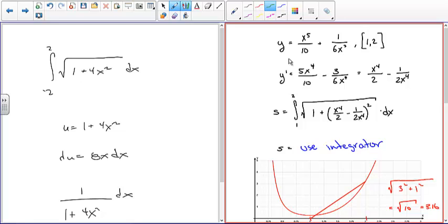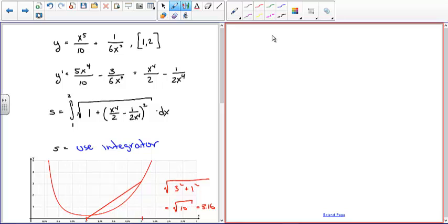Then you can simplify it. 5 over 10 is a half, and 6 over 3 is a half. So that's the derivative. That's the square root of 1 plus f prime of x squared. So the f prime of x is this. And if you do the algebra inside there, let's do that separately. So if I take 1 plus x to the 4th over 2 minus 1 over 2x to the 4th, squared, you'll get 1 plus x to the 8th. So x to the 4th squared is x to the 8th. 2 squared is 4. Then you have the inner and outer terms, so the x to the 4ths will cancel out,